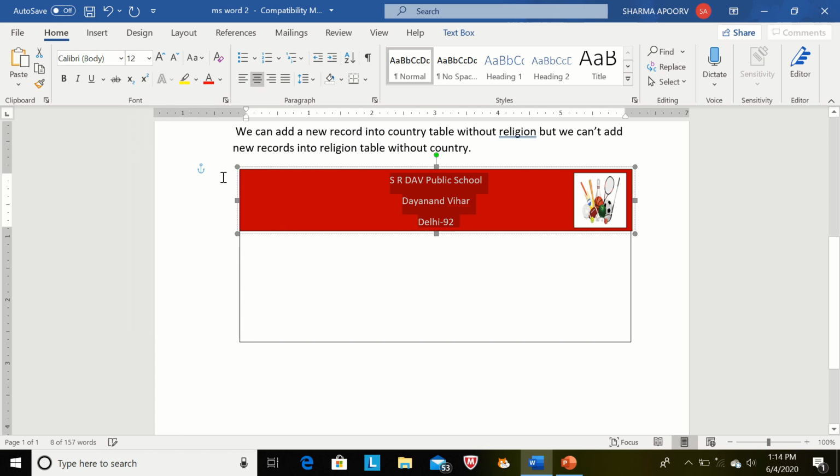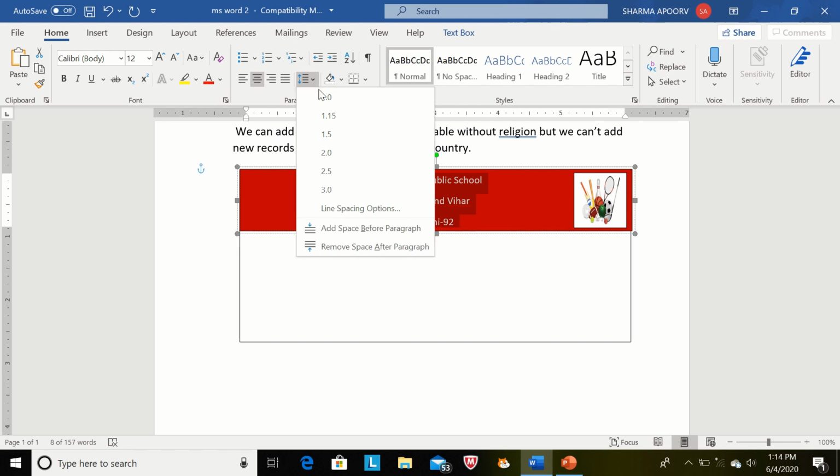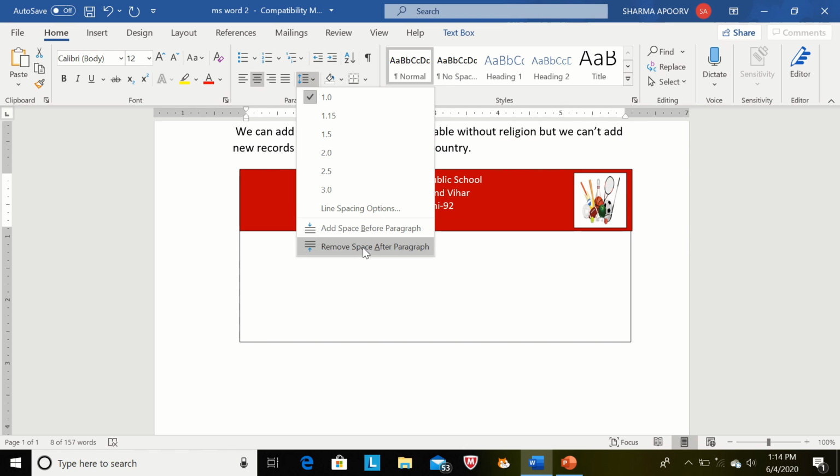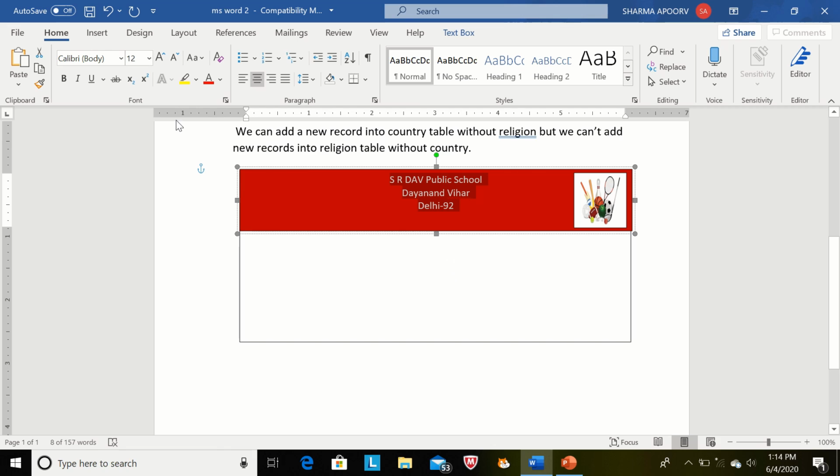First I will change the line spacing. How can you change the line spacing? Select your text, go to this option, first click on this option and after that remove space after paragraph. Then it will display like this. Now I will change the size of my text like this, and I am also applying bold format.